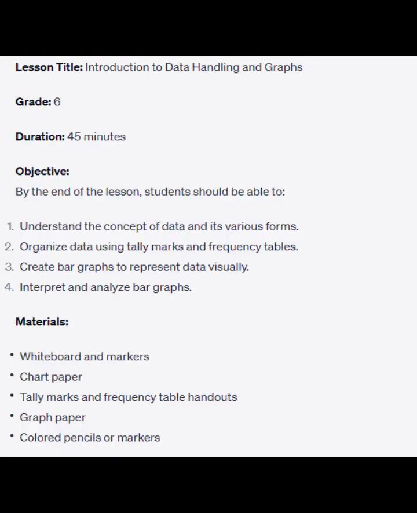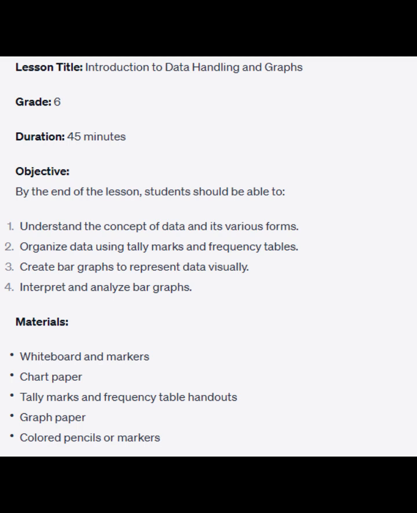Lesson title: Introduction to Data Handling and Graphs. Grade 6. Duration: 45 minutes. Objective: by the end of the lesson, students should be able to understand the concept of data and its various